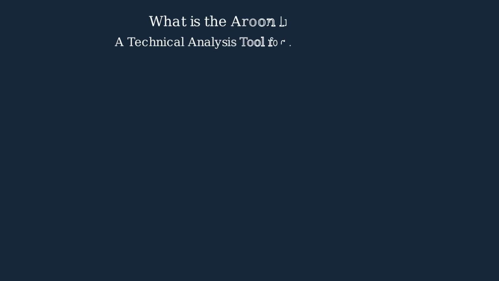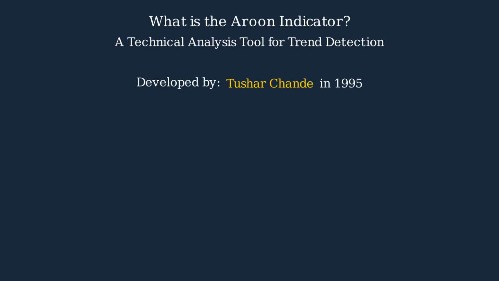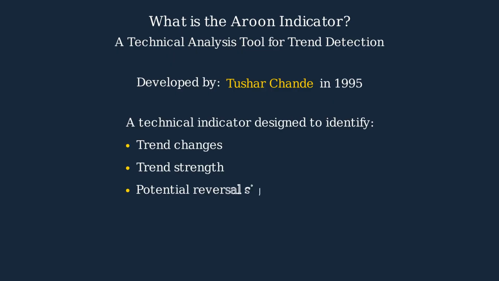The Aroon Indicator is a technical analysis tool developed by Tushar Chande in 1995. This indicator was designed to identify trend changes and strength in financial markets. It helps traders determine whether a security is trending or in a consolidation phase and can signal potential reversals in